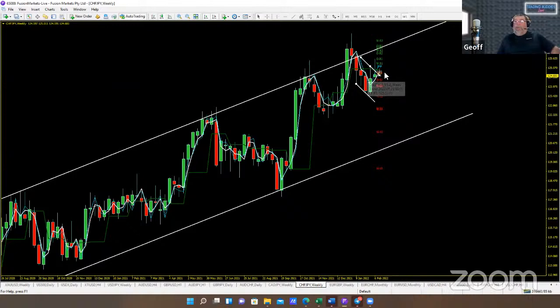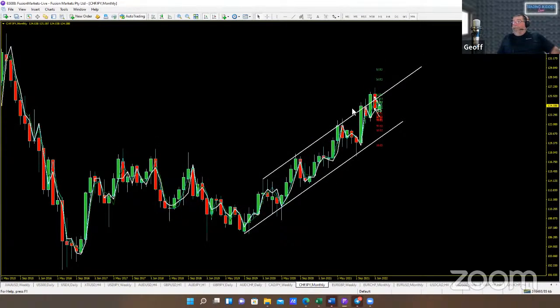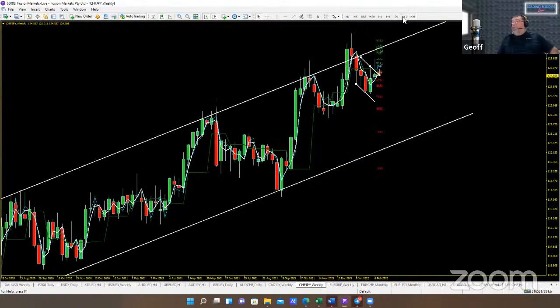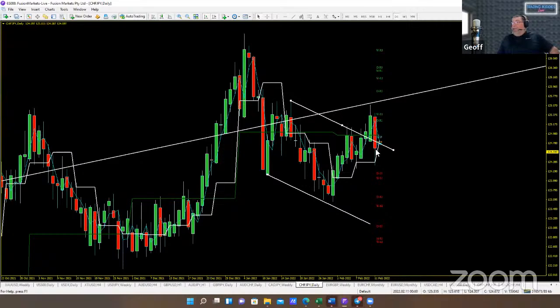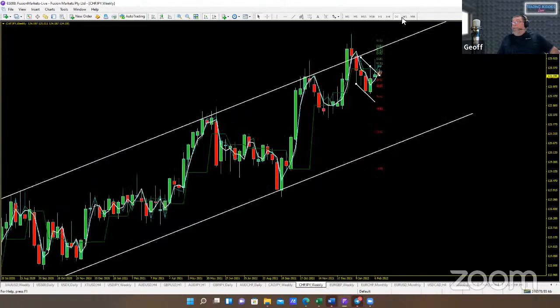Swissy Yen is another, and these are all very similar. They've got a green-bodied rejection bar, which really does suit me in terms of we're back inside that range, and we've spoken about that quite often. The thing that you've got to consider here is that the trend for 2, 2.5 years has been extremely strong to the upside. It does look to be a little tired at this point, I'd have to concede. And we have come off the top of our range. We were looking for this to happen last week, to be honest, and it has come back underneath after hitting the top. So the top being,